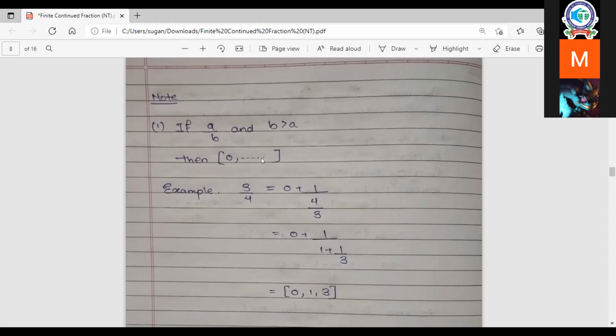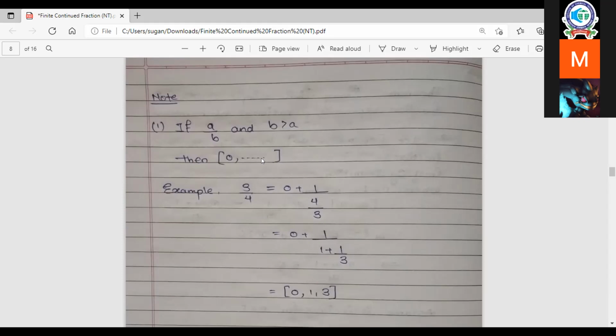One method is to check whether it is in the p by q form or not, where p and q are integers and q is not equal to 0. Then it is rational, otherwise it is irrational. But for a given number, we don't know that properly. For example, 10 by 3 gives a decimal expansion, 3.333. Another approach is that in the decimal expansion, the decimal is either recurring or terminating.